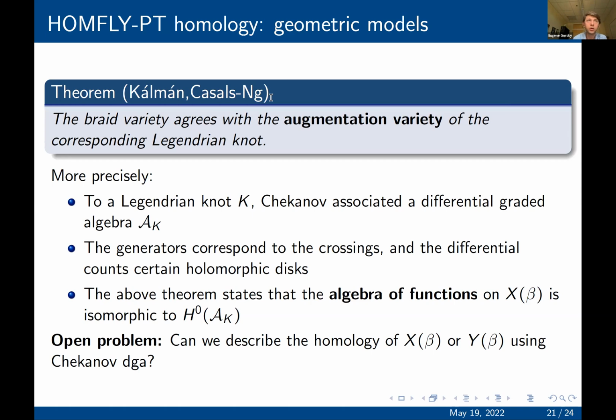But then the question is how to actually compute the homology of this variety, and that's an interesting question. I think it's an open problem to compute the homology of this braid variety directly from the DGA, or give some kind of model for this homology,